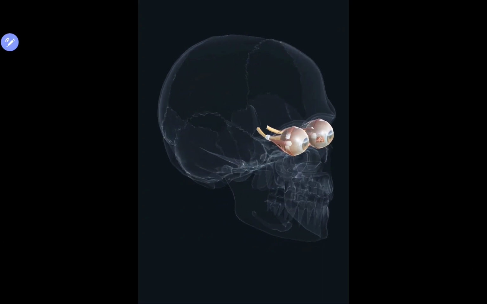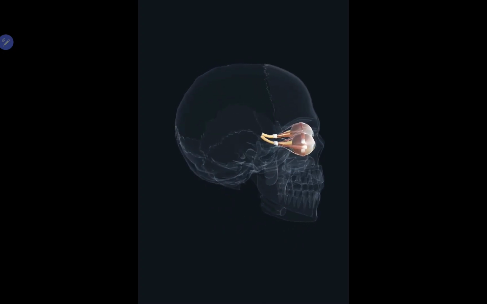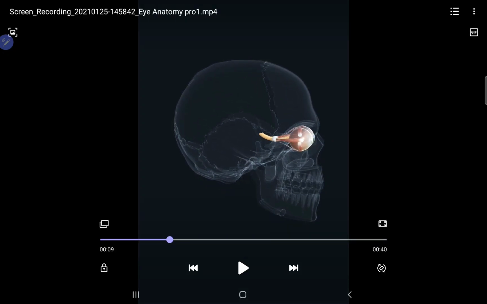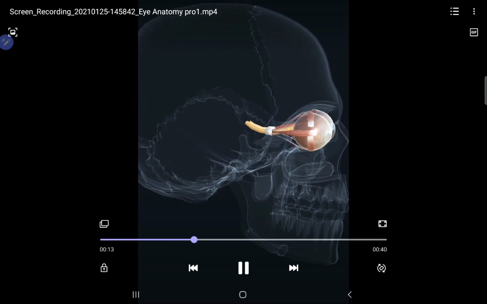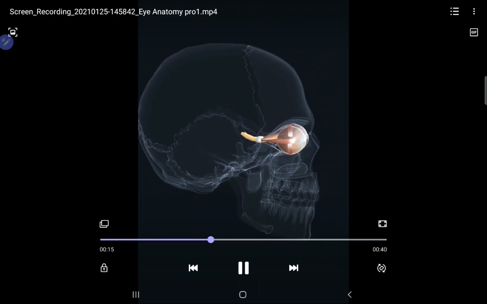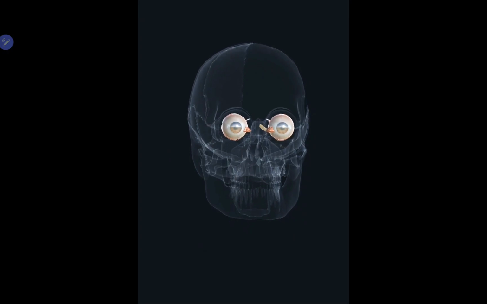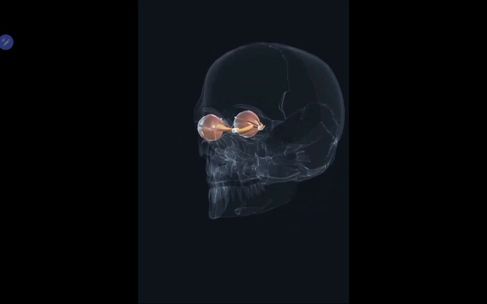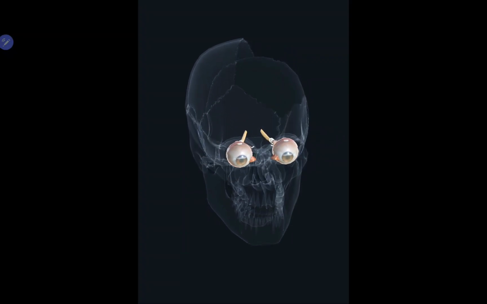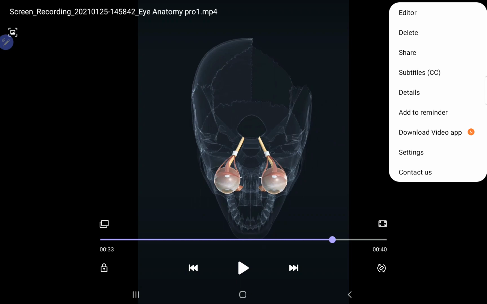So one more thing, guys, we see that there is fracture of the orbit, right? Since there is fracture of the orbital floor, you can appreciate over here there is a space behind the eyes. If you can see over here, let me just show you guys, there is a space behind the eye. Because of the fracture there is injury to the infraorbital artery, and the space is between the extraocular muscles. So let's see from the above. So yes, this is the look which I wanted to show you guys.